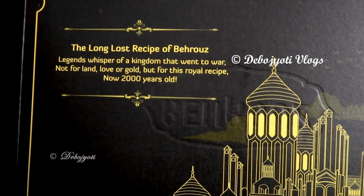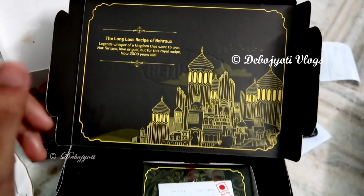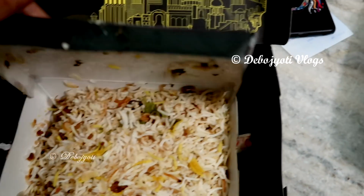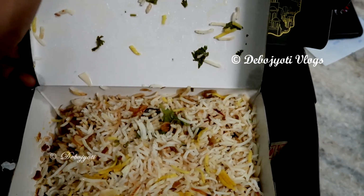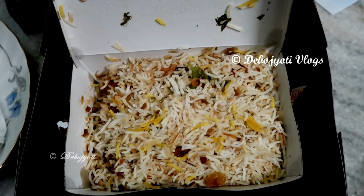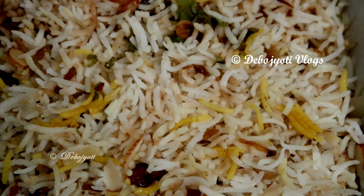The box is incredibly well packed, and as far as presentation is concerned, I will rate it 10 out of 10. Inside the box we have another box which holds the biryani. As soon as you open the box, wow will be the word that you will utter because of the magic in its aroma. It's just a royal treat to the taste bud, as generous amounts of finely chopped thin slices